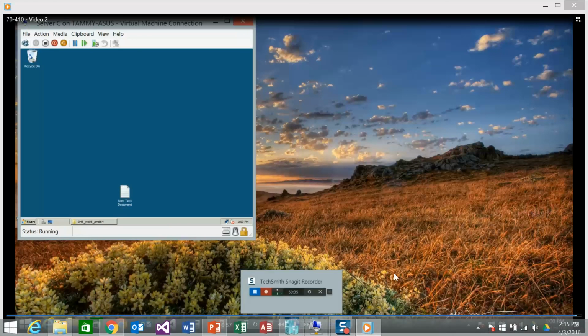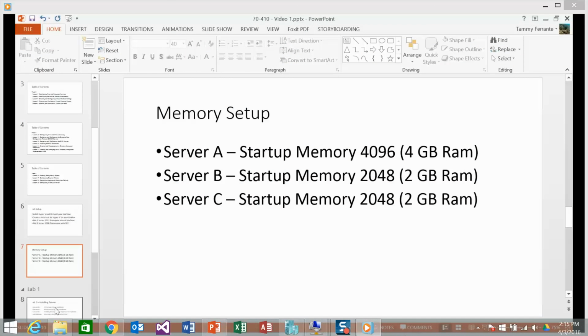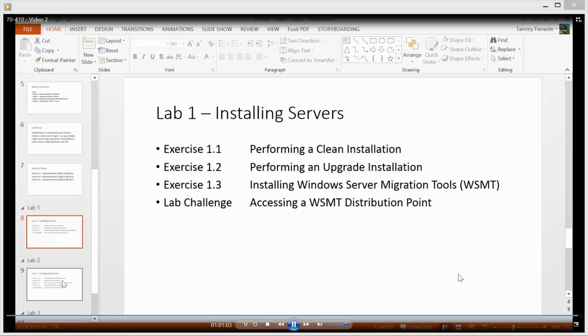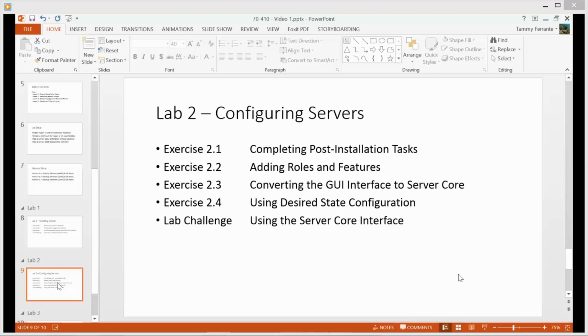The next video we will get into Lab 2, which is going to get into configuring the servers, completing the post-installation tasks, adding more roles and features, converting the GUI interface to server core,